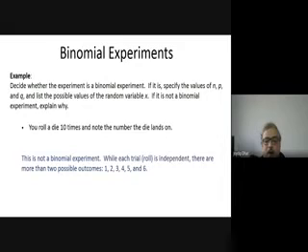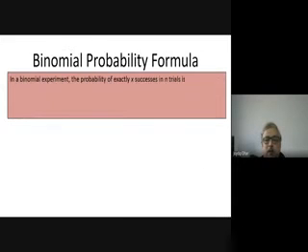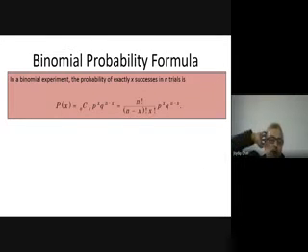So I'm quickly coming to the binomial distribution formula. For a binomial experiment, the probability of exactly x successes in n trials is given by this formula. nCx is